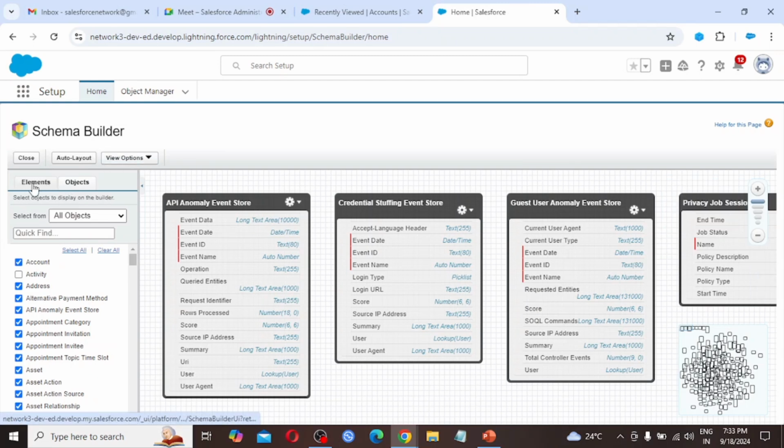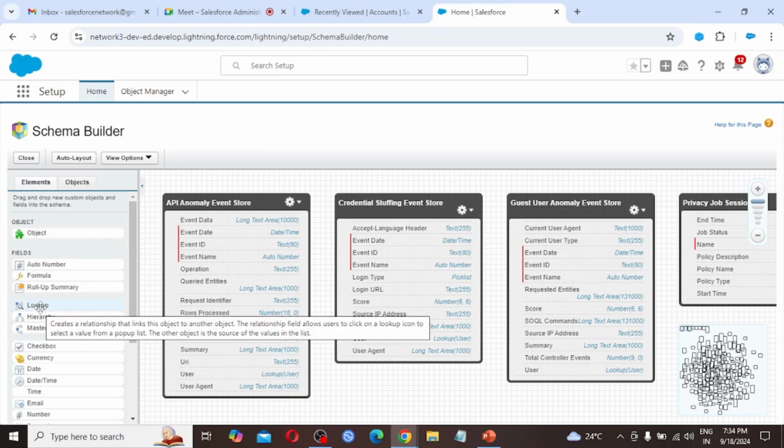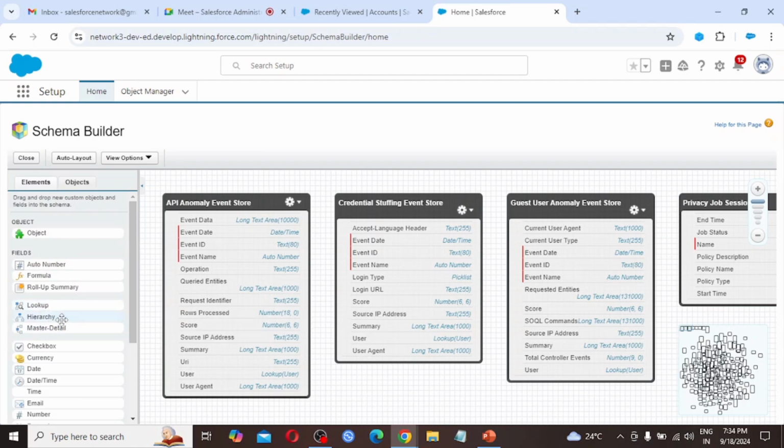Then coming to elements and objects, click on elements. Drag and drop new custom objects and fields into the schema. While clicking on object, if we drag and drop this object, we are able to create a new object. Fields are next: auto number, formula, roll up summary. Then relationships: lookup relationship, hierarchical relationship, master detail relationship.